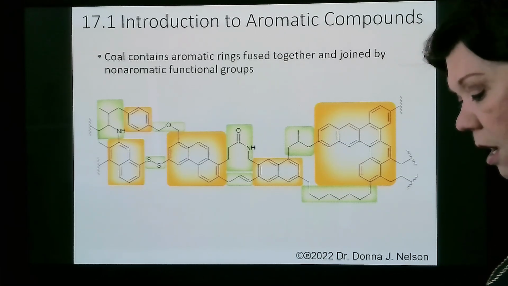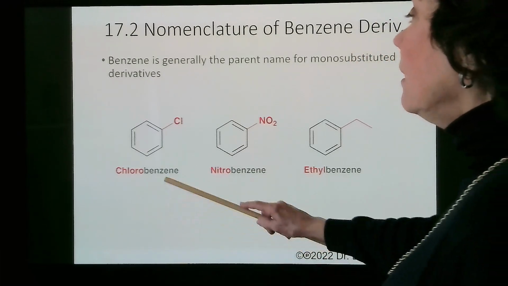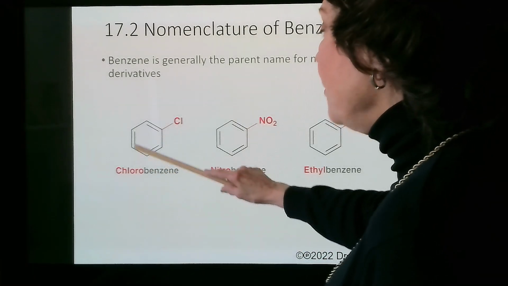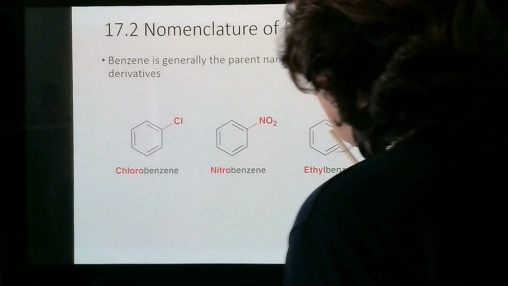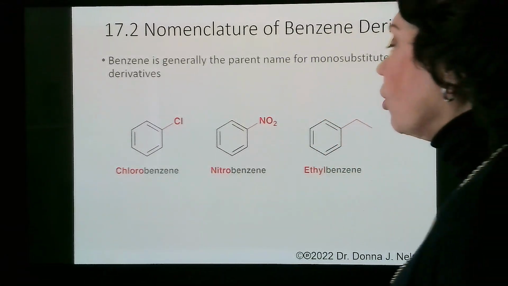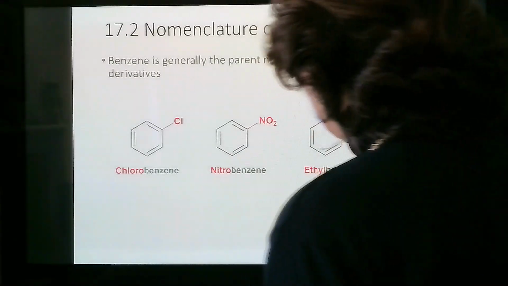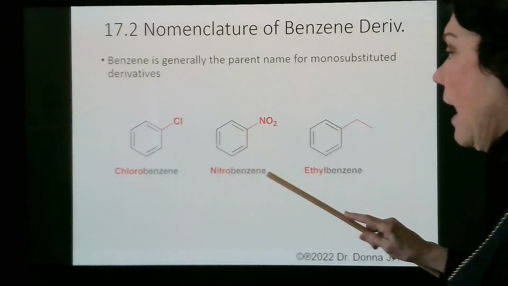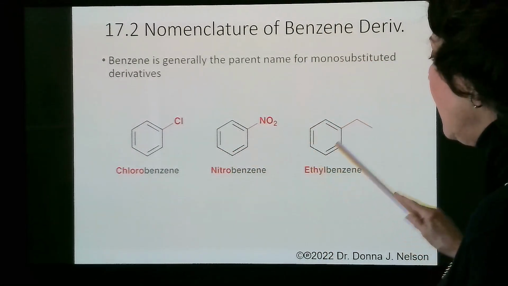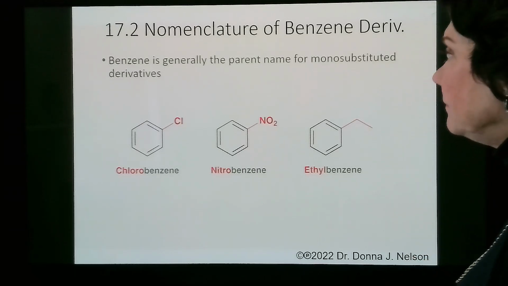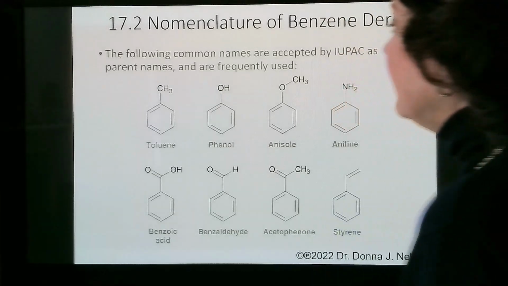And so, let's see, the nomenclature. Benzene is the parent name, except in cases where you have a long chain which has greater than 6 carbon atoms. So this is chlorobenzene, nitrobenzene, ethylbenzene. And so these